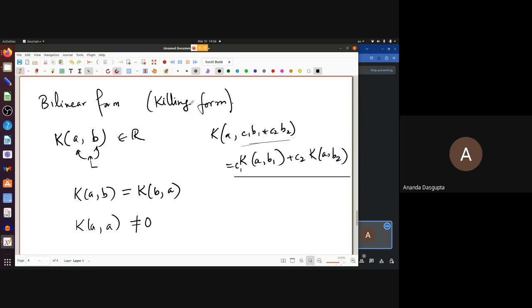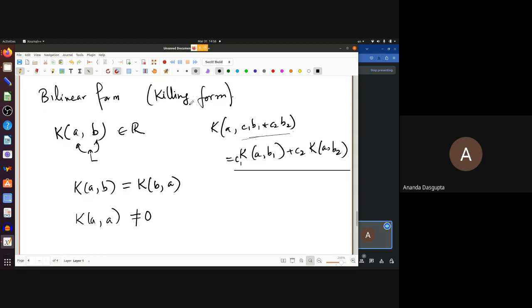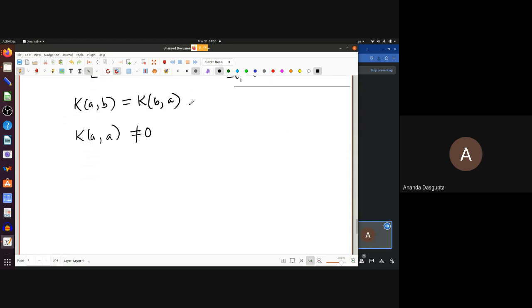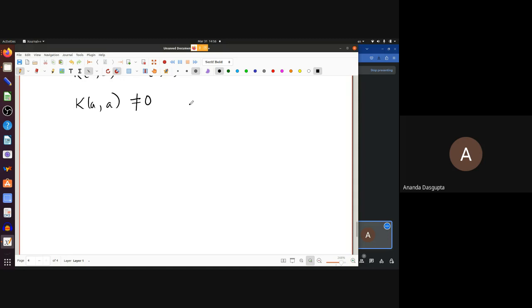Okay. In fact, whether this is singular or not actually allows you to distinguish between semi-simple Lie algebras and other kinds. That's why it's very important. But that is what I'm going to talk about the next day. I will just show you the specific definition. Of course, what I wrote down was for any bilinear form. The specific form is this. K(A, B) is defined to be,